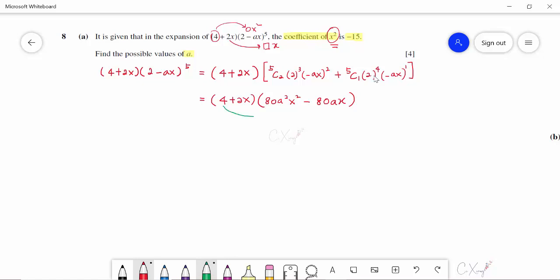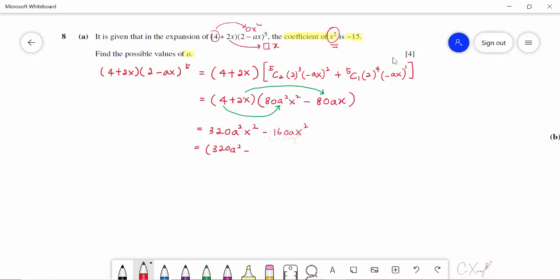So 4 multiplied with this term to get the term in x squared. So when you expand it, you will have 320a power 2 x power 2. We do the same thing for 2x, multiplied with the next term here, and you also will get something with x squared, which is 160a x squared. All right,